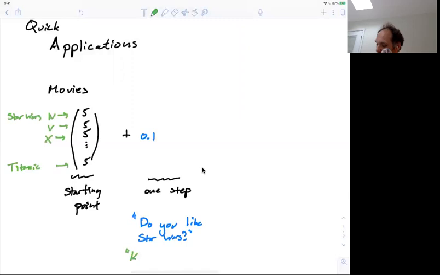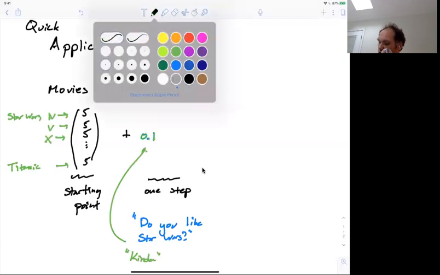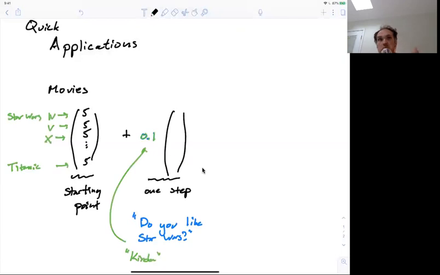They may say kinda, and in your head, you're going to take a small step in some direction, right? The direction is going to be toward the positive direction of the Star Wars movies, and it'll be in the negative direction for movies that are opposite Star Wars. And it might be zero in between for movies that are kind of like Star Wars and kind of not, or indifferent of whether or not people like Star Wars. But you're going to take one step. So in your mind, they now kind of like Star Wars. You're going to inch one step forward toward different types of movies.